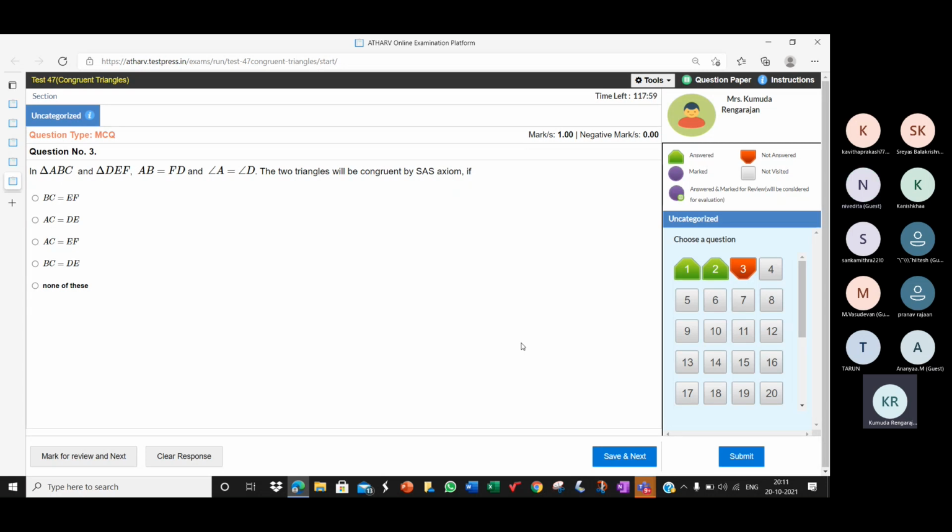Now from the figure, tell me if the two triangles have to be congruent by the SAS rule. See, children, this AC is not equal to EF. Don't get confused. How can AB be equal to FD? They have just named the triangles here, ABC and DEF. They have not used a congruency symbol here. So AB can be equal to FD. Don't think AB can be equal only to DE. This is just naming the two triangles. Only when the congruency symbol is used, the order becomes important.